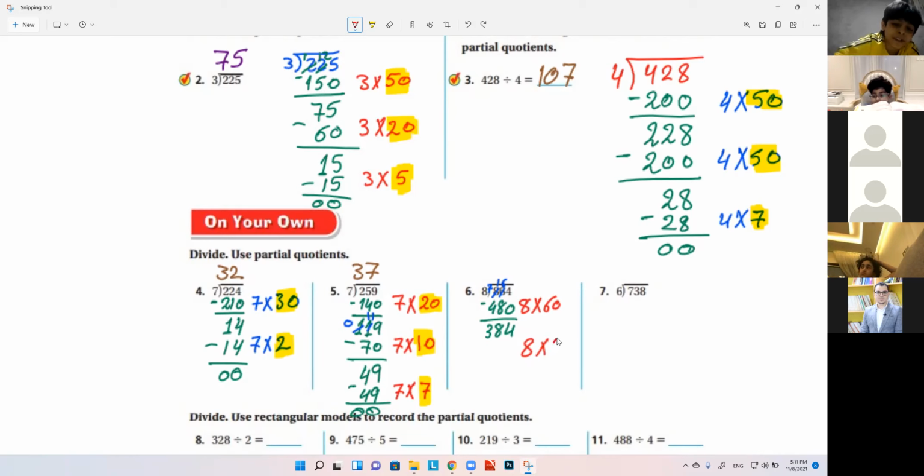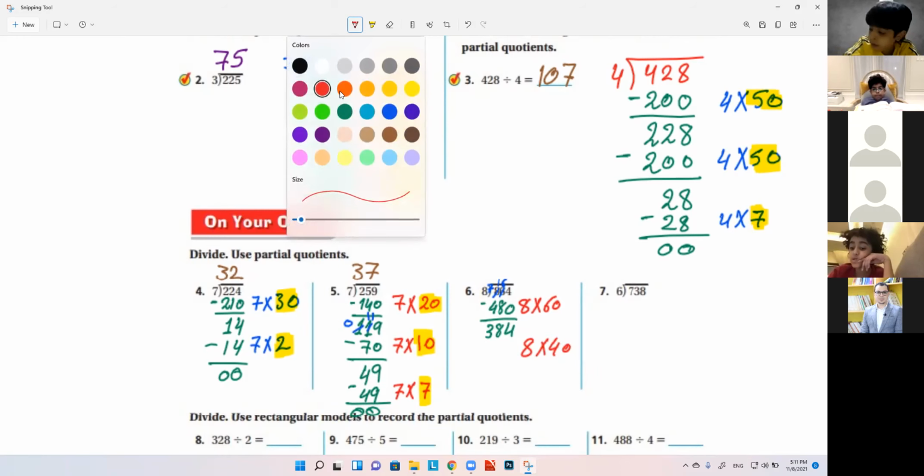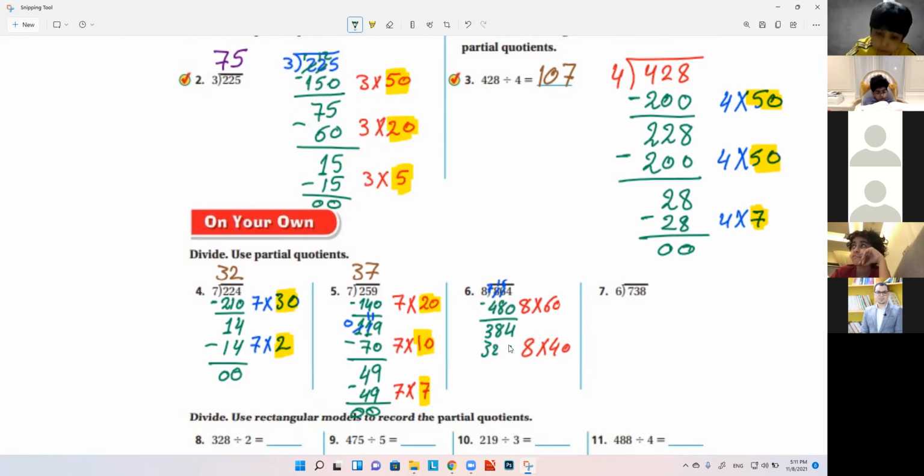Okay, let's try 40. So 8 multiplied by 4 equals 32, and with the 0, now we can subtract because 320 is less than 384, so we can subtract it easily. So 4 minus 0 equals 4, and 8 minus 2 equals 6, and 3 minus 3 equals 0. The 0 on the left has no meaning. So that's it. Okay, so now we have 64.